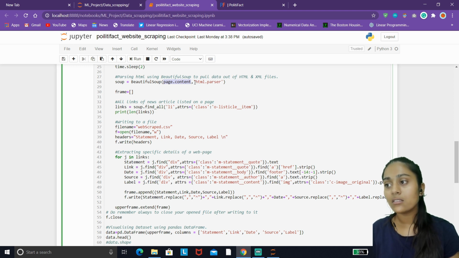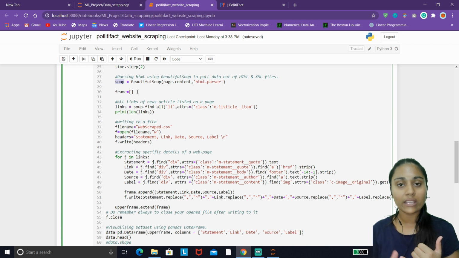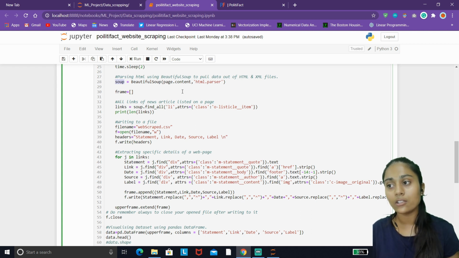And this Beautiful Soup library will parse the HTML content of this page using this html.parser into this soup response object, so that we are able to locate any tags, any attributes and its elements on a website. So it is very helpful to locate those tags and attributes, to retrieve text from the website. It is very, very useful.